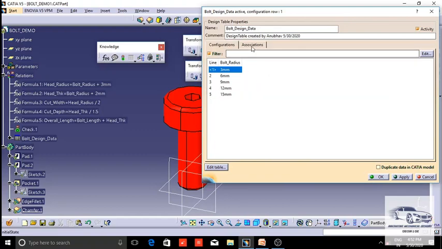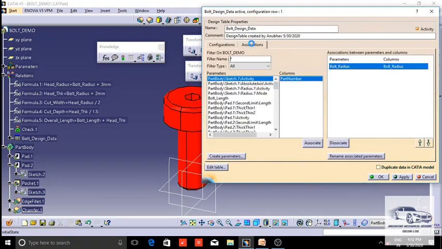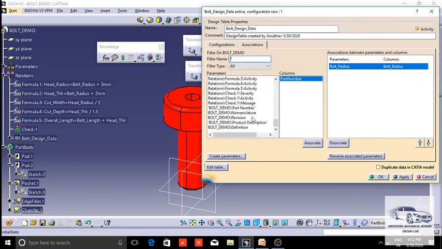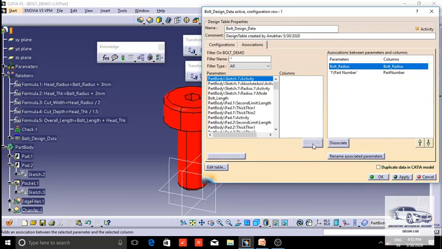So we have to go to associations, and then scroll down in the parameters column again and select this property part number. It will appear here. Click on associate and make this property in the topmost column. Then click on apply, or we can also do one thing.